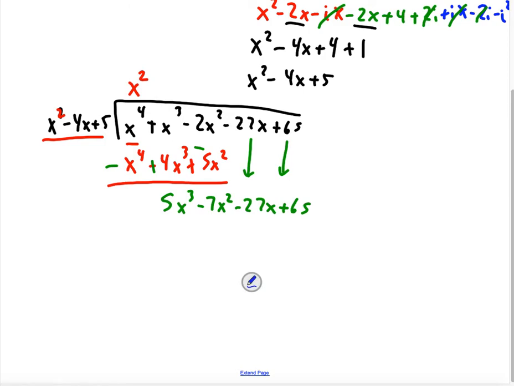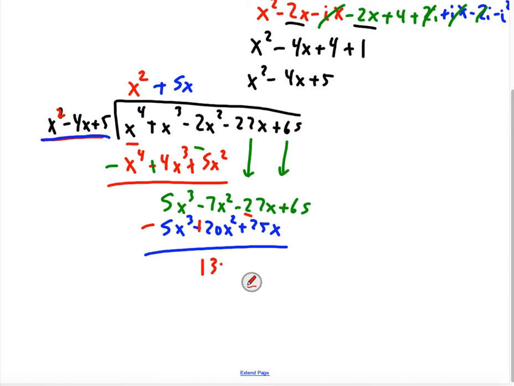Now we want to think x squared times what is 5x to the third? That would be a 5x. Distribute that through the trinomial there, so you get 5x to the third, and so now we have to change our signs there and add them together. So the 5x to the thirds are gone. We end up there with 13x squared minus 52x,